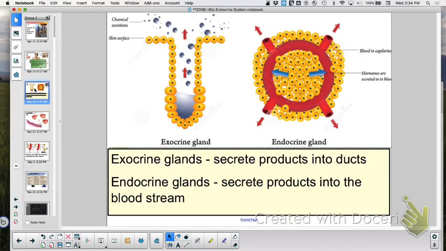Now, the difference between an endocrine gland and an exocrine gland, remember, an endocrine gland will put that chemical, that hormone, into a capillary that's passing through that gland. That's how it gets into your bloodstream, and then your blood carries it everywhere else. Whereas an exocrine gland is trying to secrete something into a duct or a tube, like your digestive tube or your salivary glands putting it into your mouth, or a sweat gland. That's an exocrine gland. Endocrine gland goes into the blood.